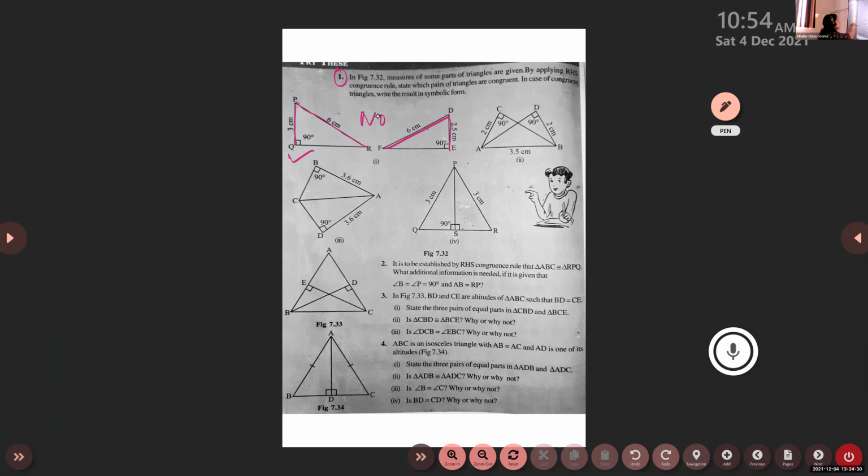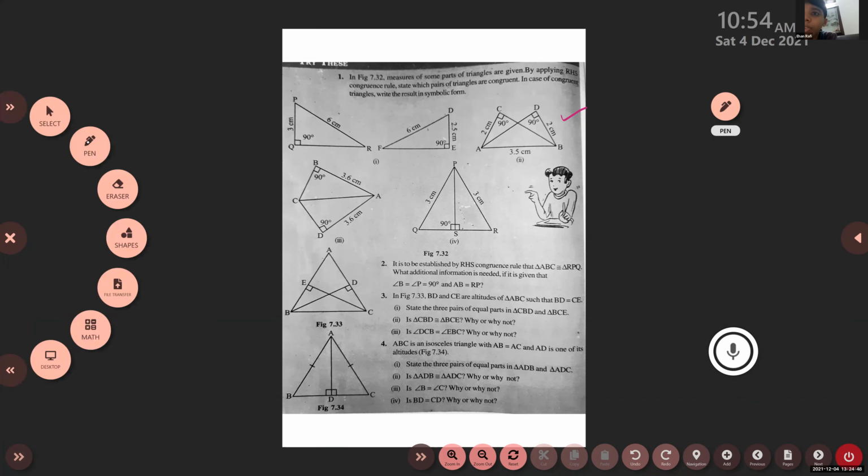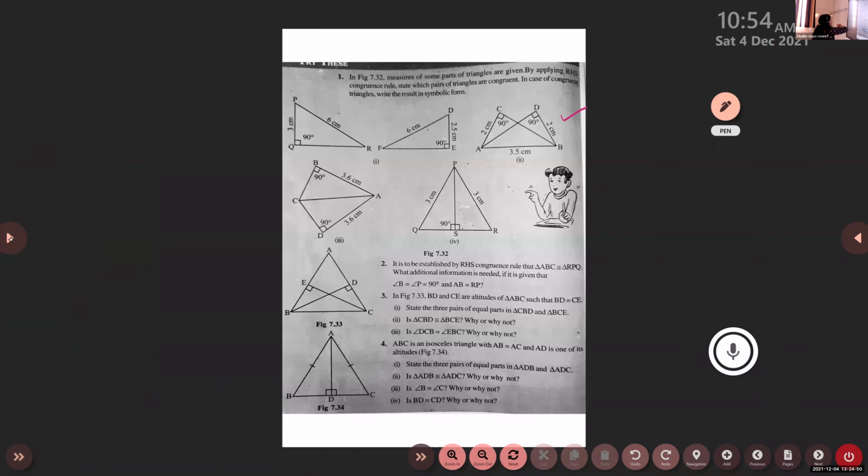Okay, we will check with the second one, this one. Second question, Adidev. Second one, compare the second one and tell me whether they are congruent or not. Are they congruent, children? Okay, tell me the equal parts. Ma'am, base is 2 centimeters. Two triangles are there. Can you identify? Ma'am, they are congruent. They are congruent. Okay.